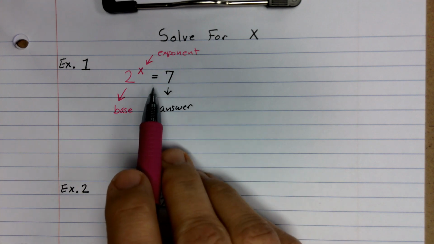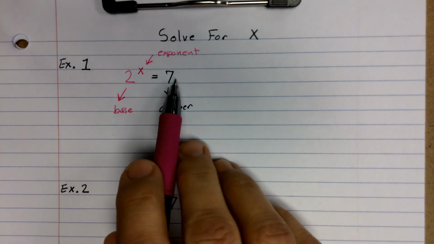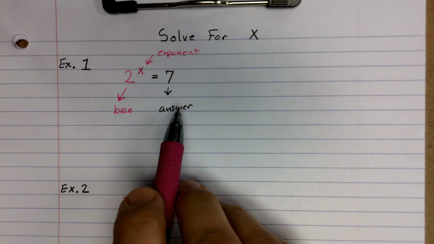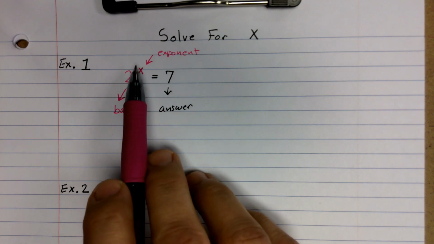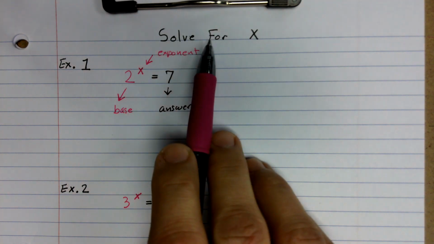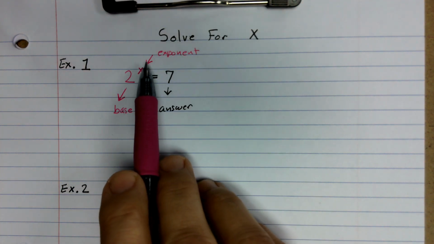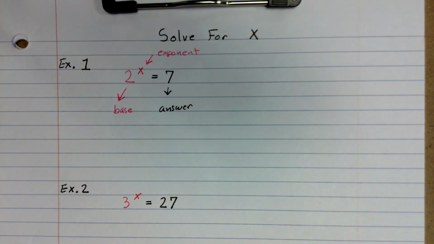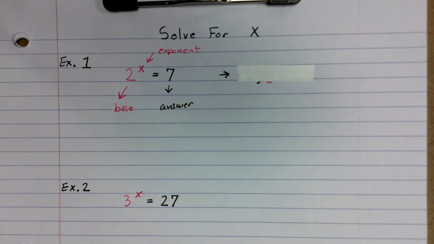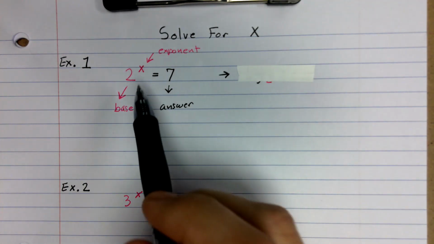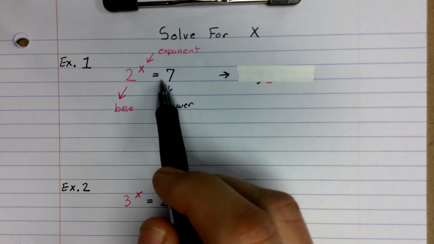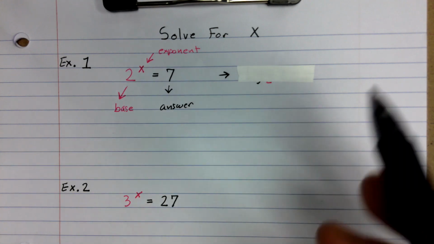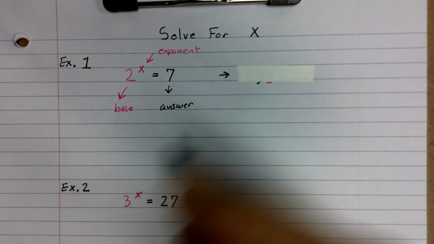So what we're going to do is turn this into a logarithm. And that's going to make it really easy to solve so that we can get an approximate value of what this exponent should be, in other words, what the value of x is. Because our goal is to solve for that x, to figure out what number we can put as the exponent in order to achieve 7 as our answer. There are a couple of different methods we can use to solve this, but what I'm going to do at this point is turn the left side of the equation into a log and the right side into a log. In other words, I'm going to write this out as log